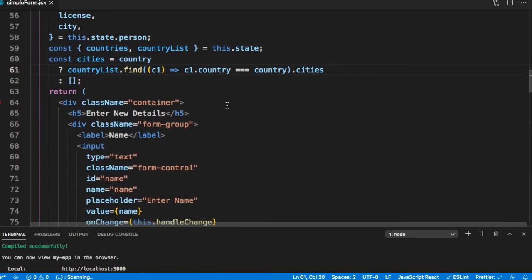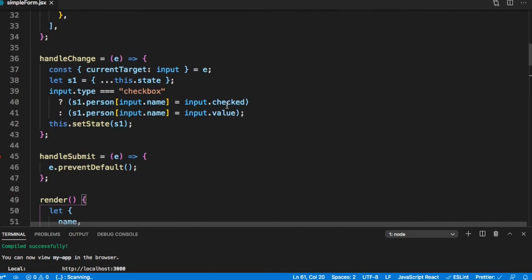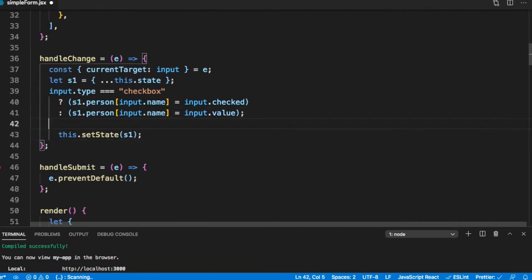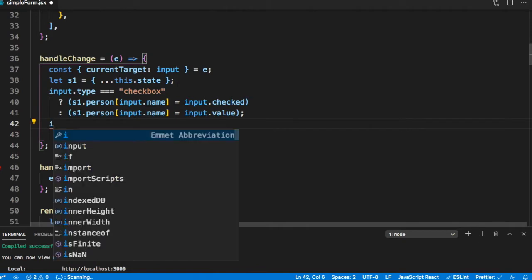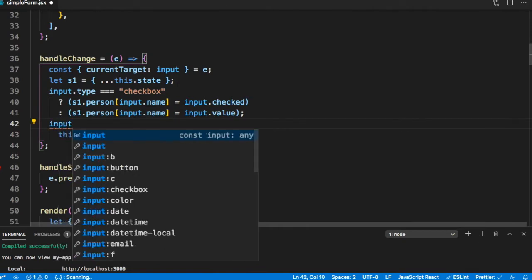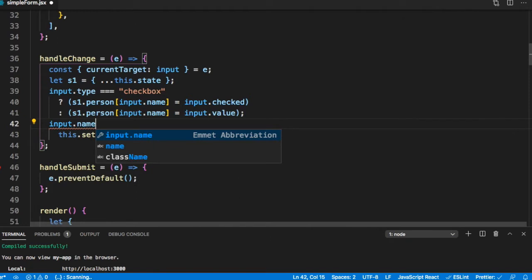Let's go back to our handle change and we can make a special case in our handle change. Input.name is equal to country.